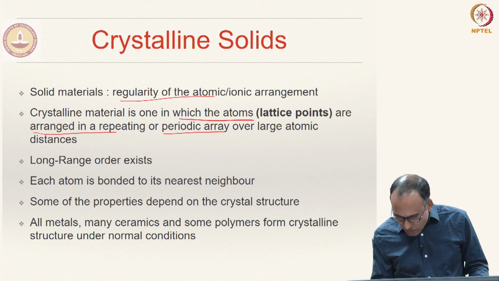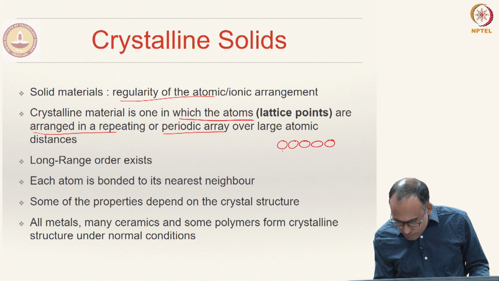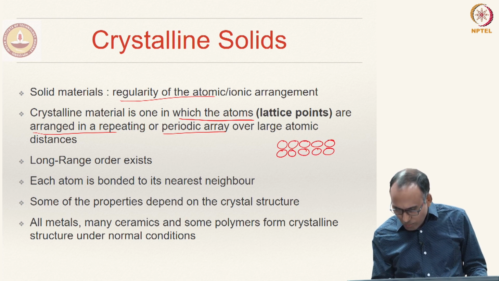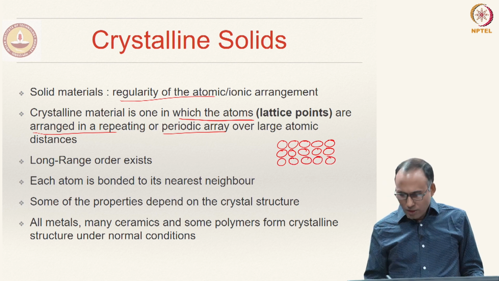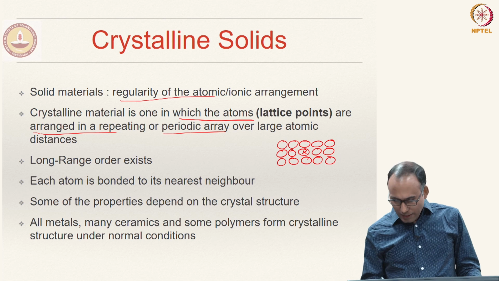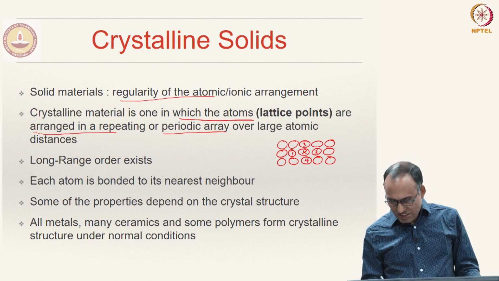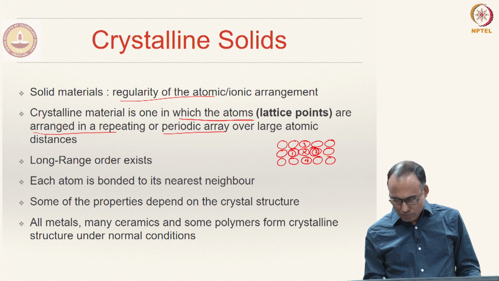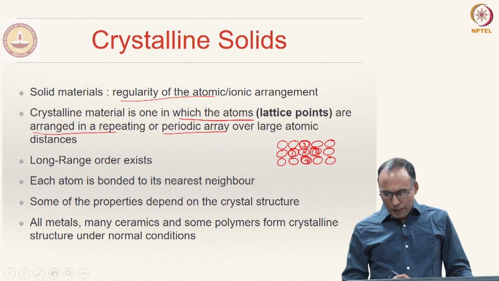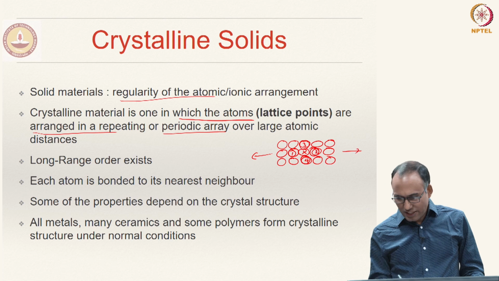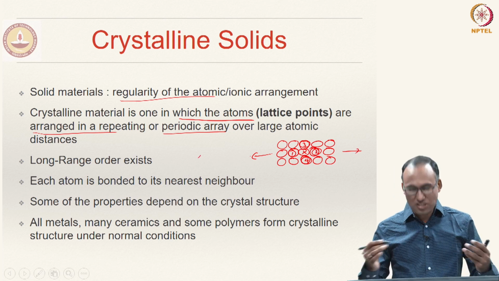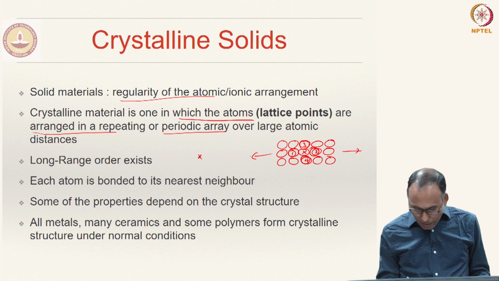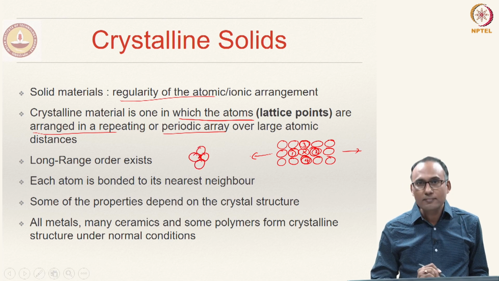That means, for instance, if my atoms are arranged like this, assume all of them are of same size. If I am standing here, then I am seeing 1, 2, 3, 4. These are my nearest neighbors, right, because this one is farther than this one. So, imagine they are touching each other. And if I move in this direction and in this direction, let us say I moved 10 kilometers, if it is a crystalline material, and if I stand at any point, I should again find 4 nearest neighbors.